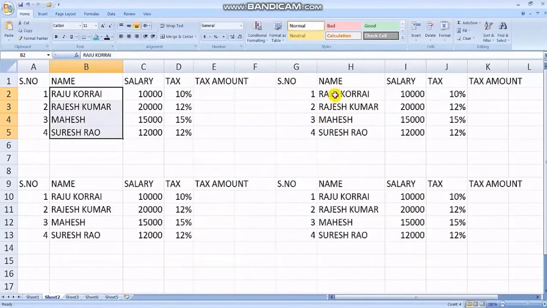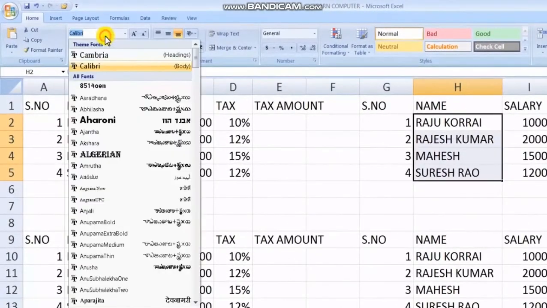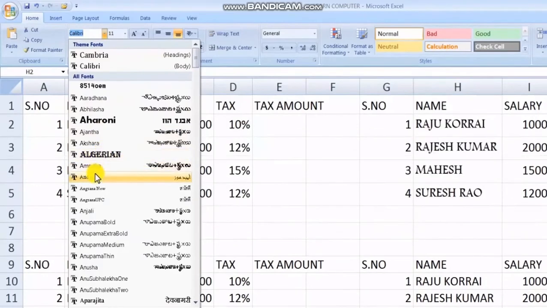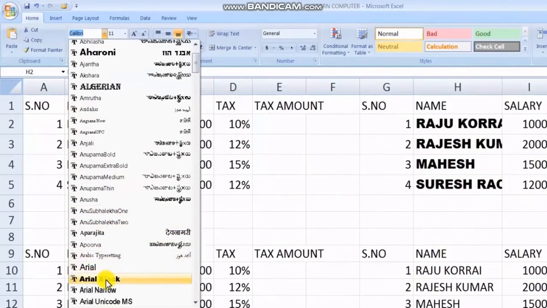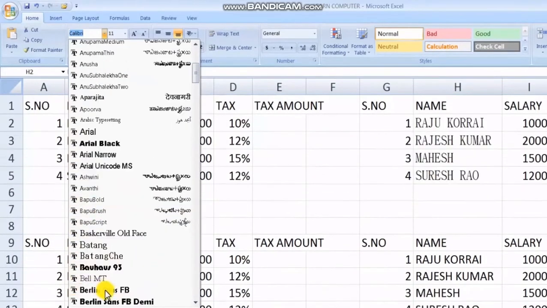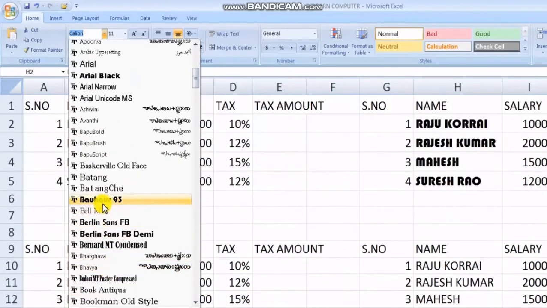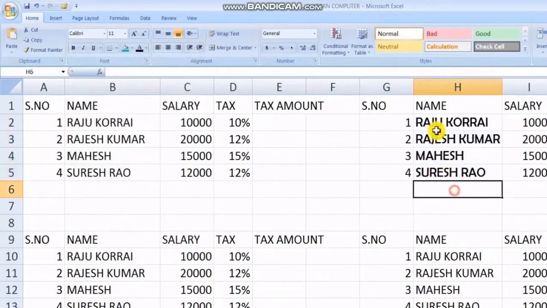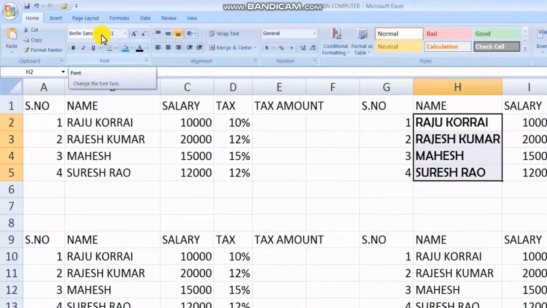Select the text where you want to apply the font. Then go to font group, click on that font option, Calibri. There is some down arrow. Click that option. See here, when I am hovering my mouse on one option, you can observe here the font is changing. In this way, we can change the font in the Excel. You need to remember one thing. To change any font size or font style of the data, first you need to select the data, then only we can apply the font styles.